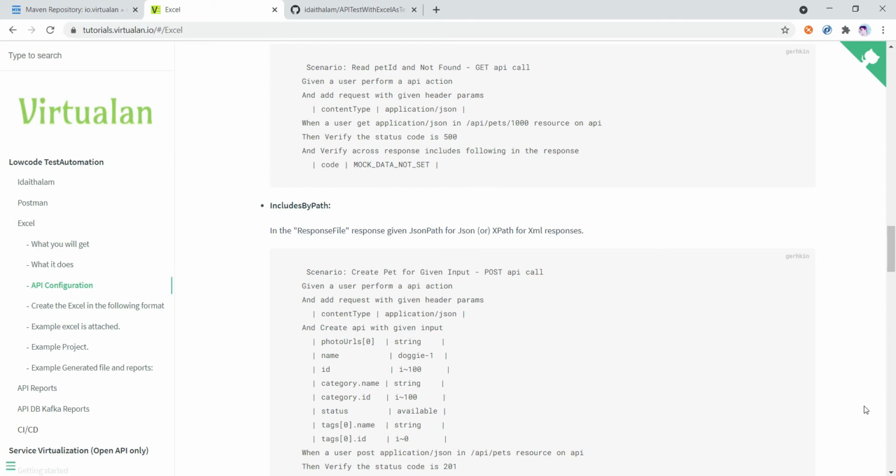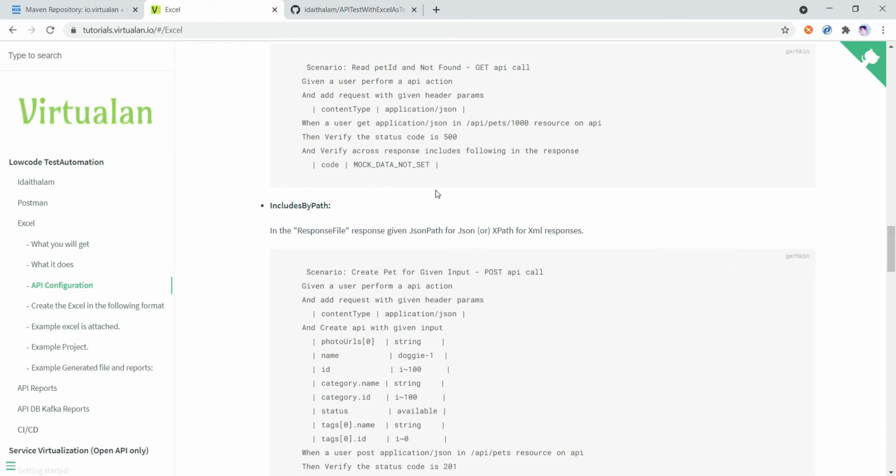There is a chance where we fetch data from the response and store it in a variable, and then we use that data in upcoming test cases or requests. We will see how to do that in this framework in this video.